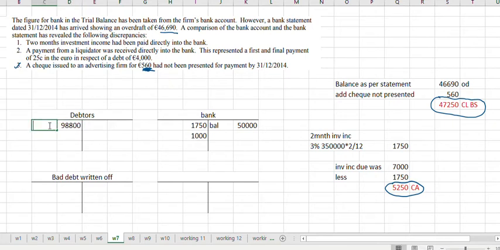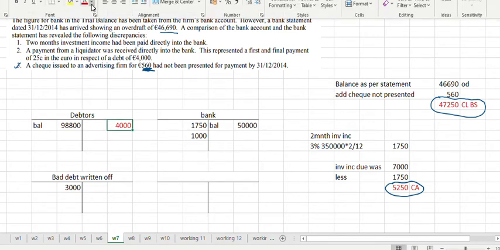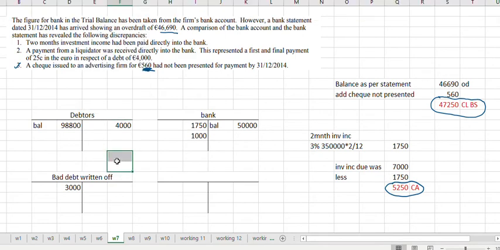98,800 is the balance. Okay. So 1,000 we received, the debt was 4,000. The debt is written off. Okay, so the bad debt that's written off, the amount we are still owed, is 3,000. Okay, 3,000 is written off. We got 1,000. Our debtors goes down by 4,000, the whole debt. Okay, we got 1,000, that's all we're going to get, so debtors goes down by that. So our new balance of debtors figure is going to be